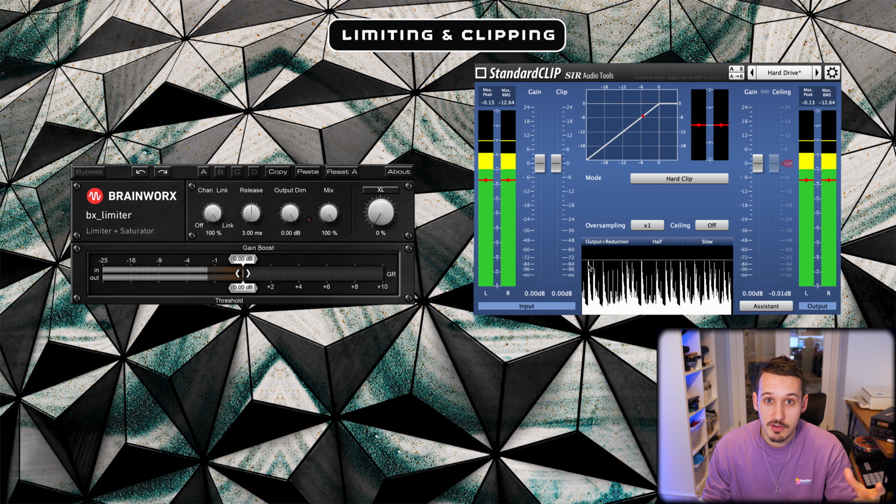So the last step in your drum break processing is almost always going to be a limiter or a clipper. And generally the idea here is we're just trying to increase the overall loudness of the break by reducing some of the peak level. And here we've got this nice view in this clipper, and so you can just see as I